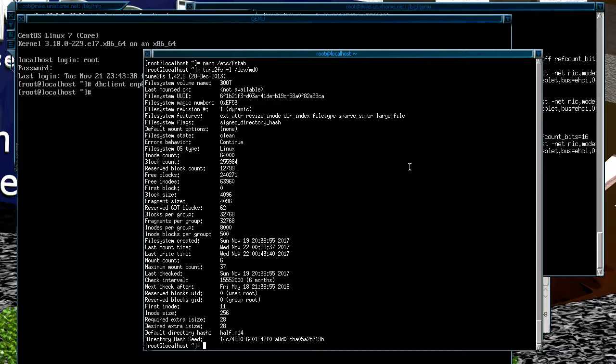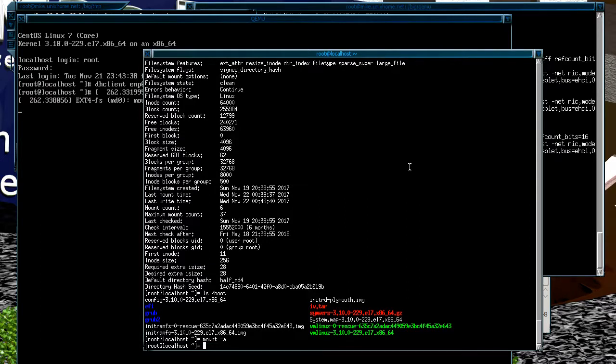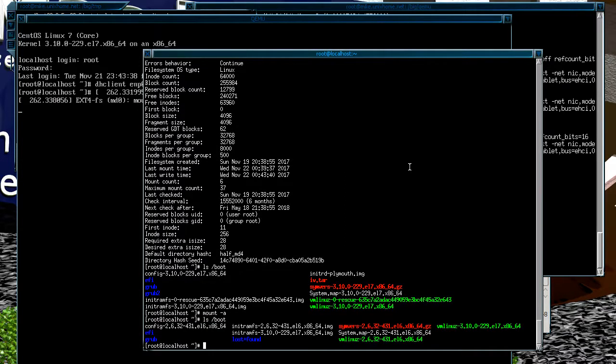So if we look in boot now, you see it has the new sort of CentOS 7 items in there. And if we do a mount and look again, it's got the CentOS 6 things in there instead. So now at the moment, if we do a reboot,